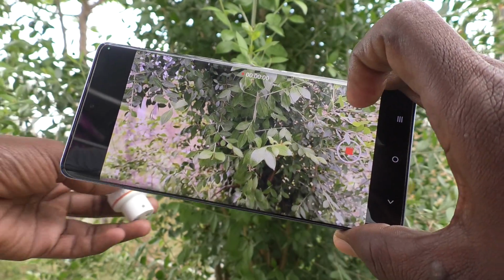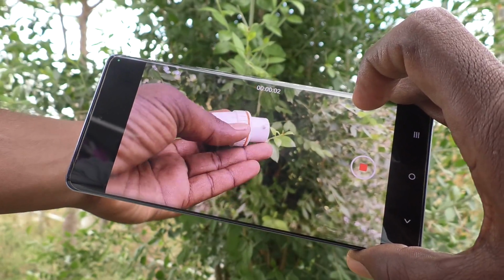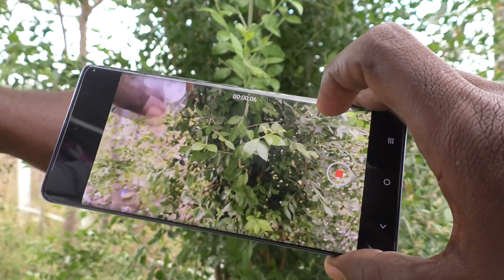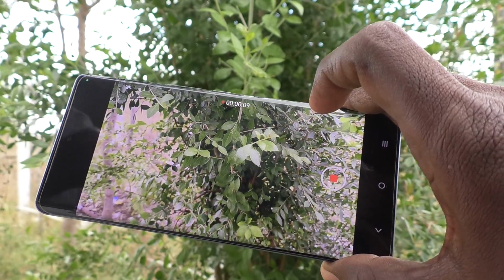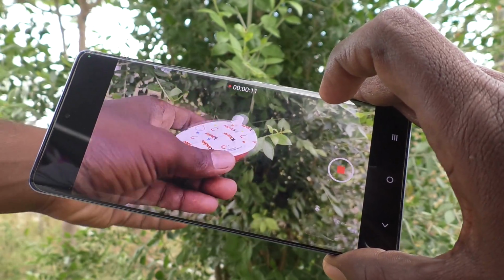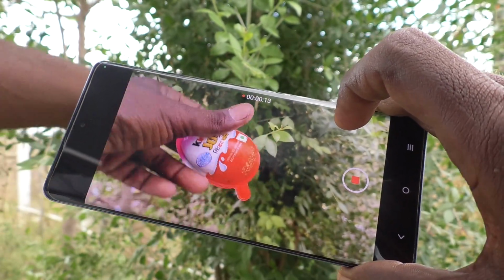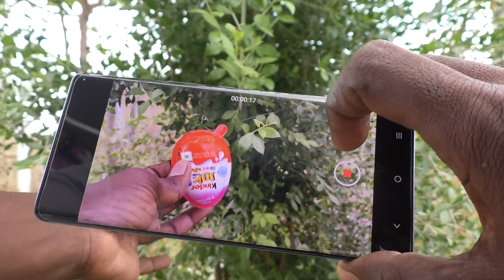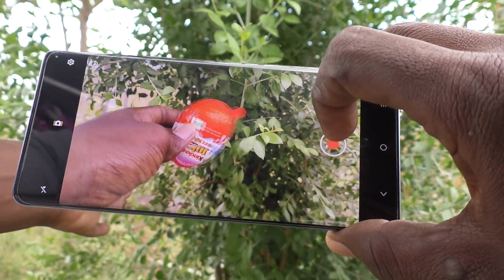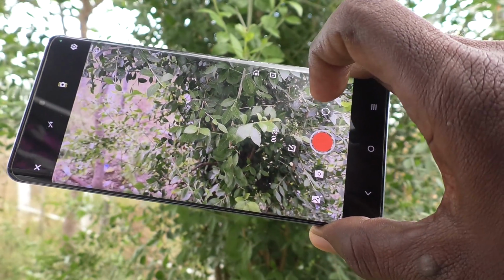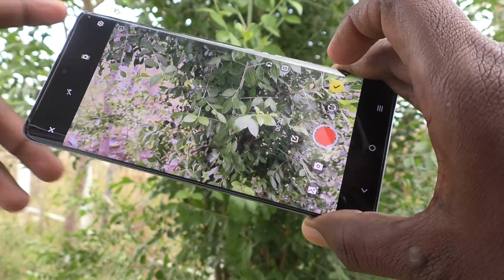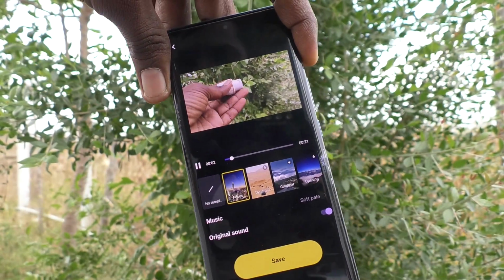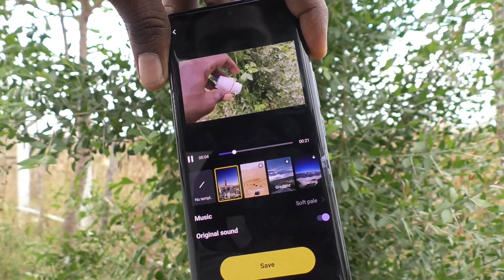Click on the start button and record video. Okay, and then I bring the subject and I stop recording and click on this tick mark button and record. See here,